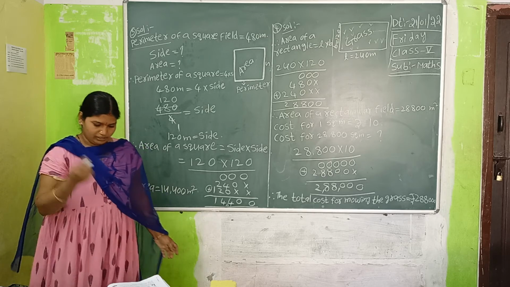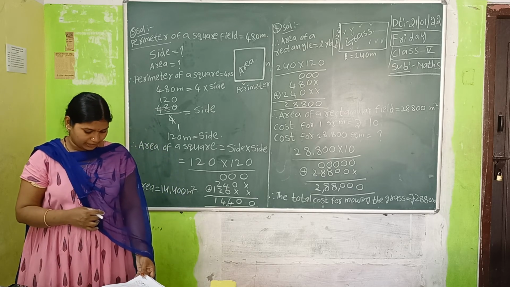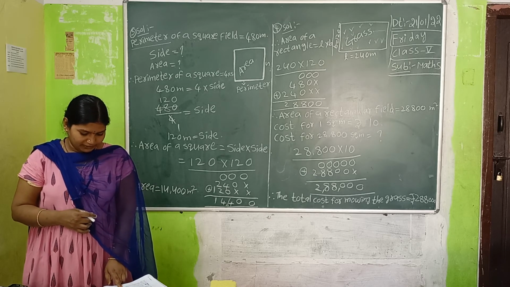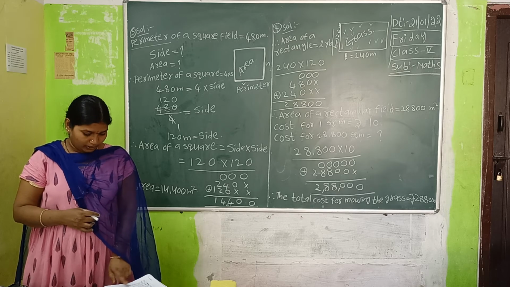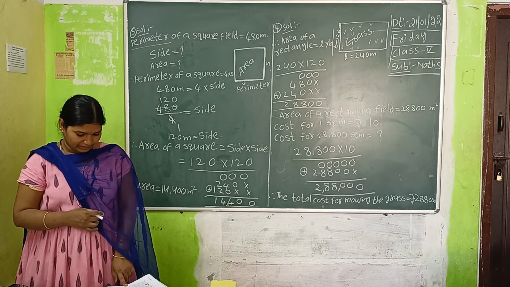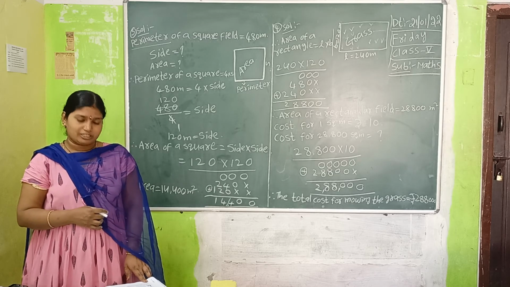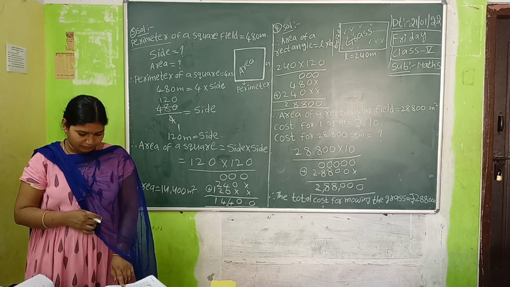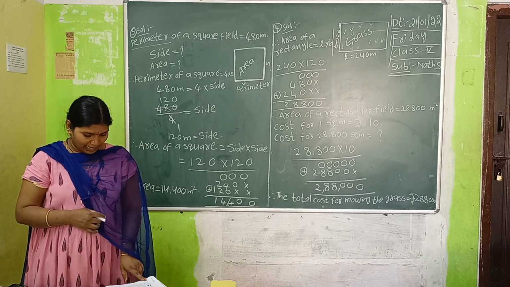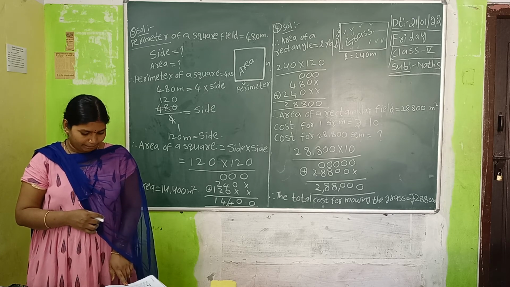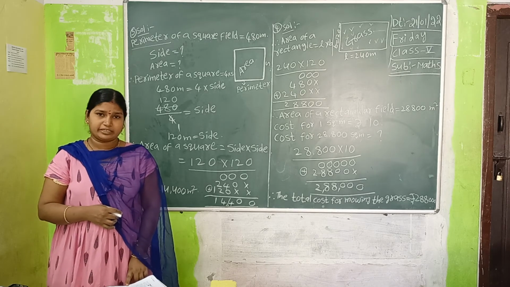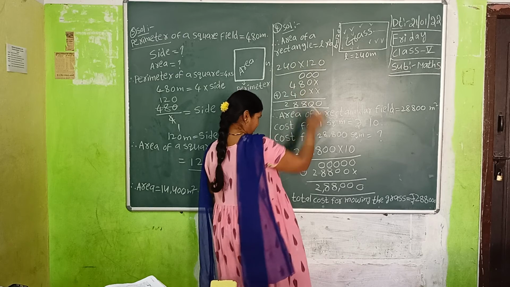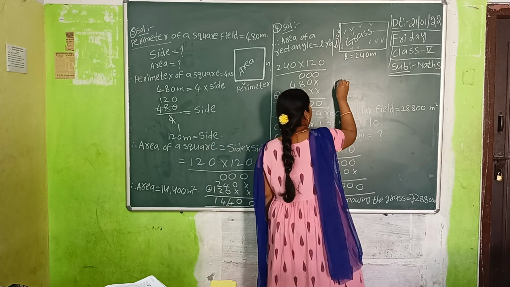Okay. Same like this, you have the fifth question. Find the cost of leveling a badminton court 132 meters long and 58 meters broad at the rate of 10 rupees per square meter. And the sixth one also same like this only. 100 bricks each of length 24 centimeters and 50 centimeters are used to tile a park. What is the area of the park? Okay, they are asking area. I will explain the sixth one. You have to complete only the fifth one. Same like this only. Okay.